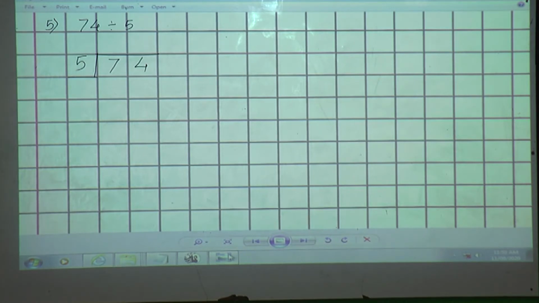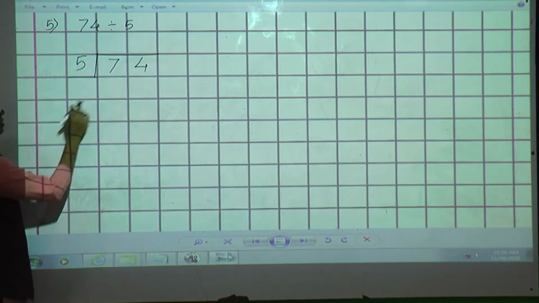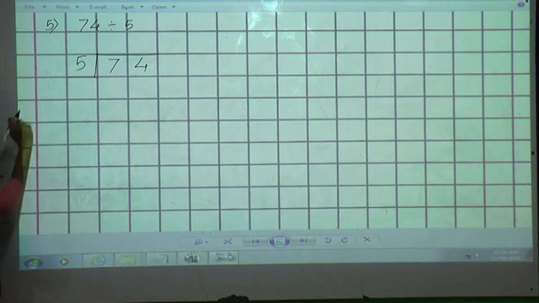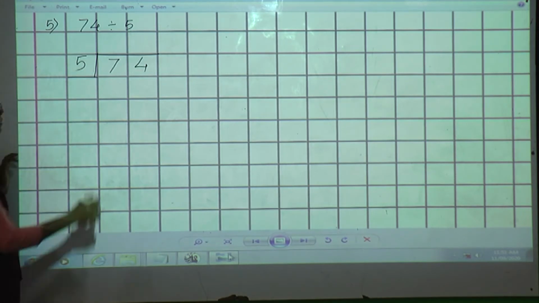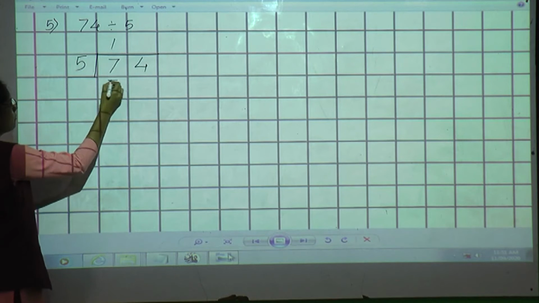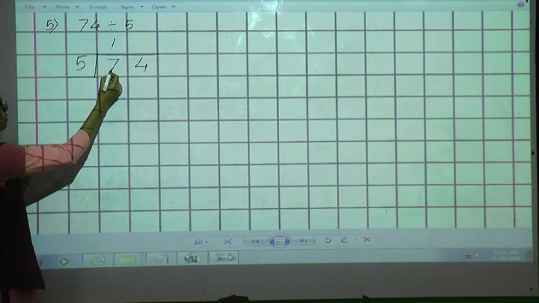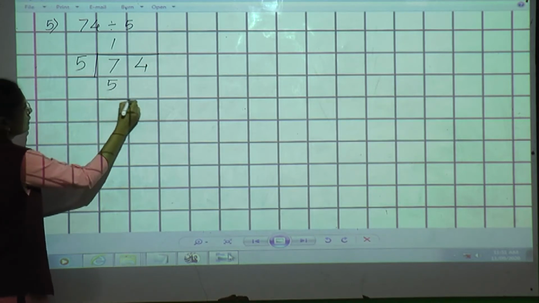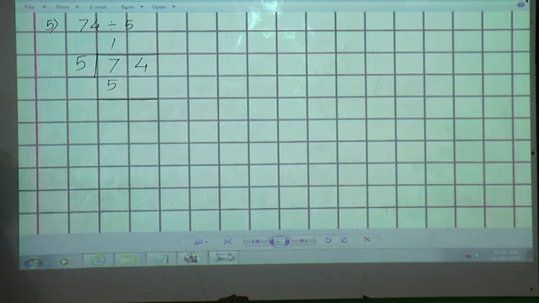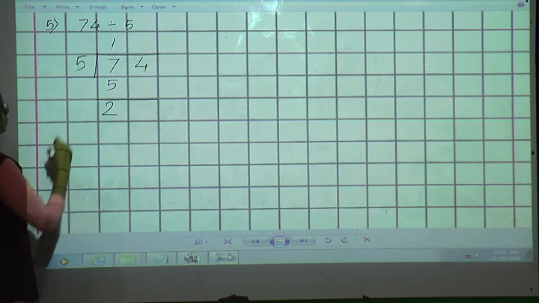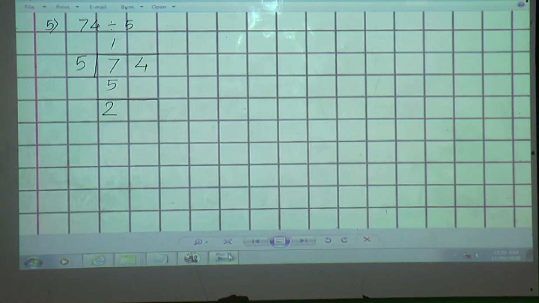So do the division 7 by 5. Now again in the table of 5, 7 is not there. So 5 ones are 5. We will take the smaller than 7. 5 is there. So 5 ones are 5. Now do the subtraction. 7 minus 5. Yes. 2. Now step 2. In step 2, what we are going to do?